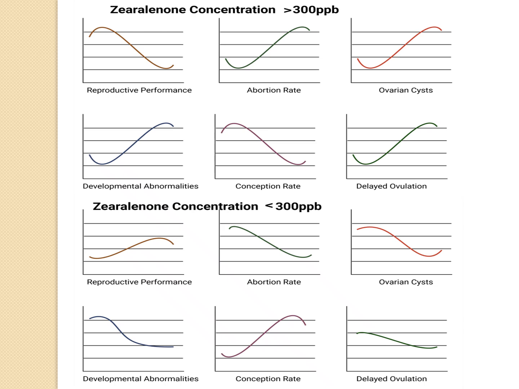Here's the picture in which I detect the zearalenone concentration. So the normal range of zearalenone is 300 ppb. If zearalenone concentration is more than 300 ppb, there's a negative effect on the cattle. If there is a lower concentration of zearalenone in the feed, about 300 ppb, then there is less effect in the cattle. So if we have a zearalenone concentration more than 300 ppb, then we have decreased reproductive performance,